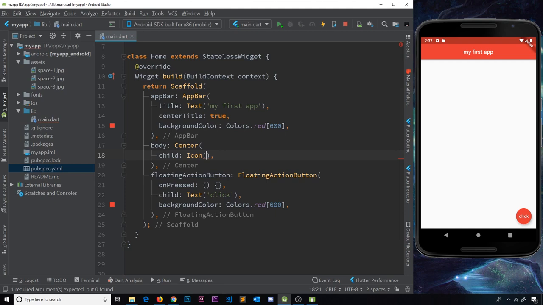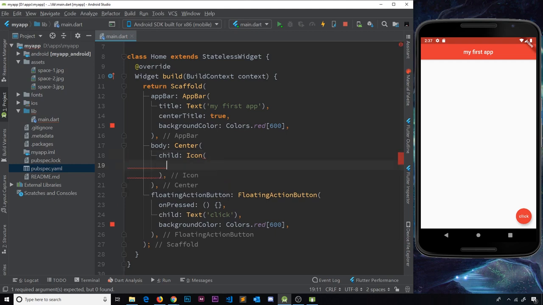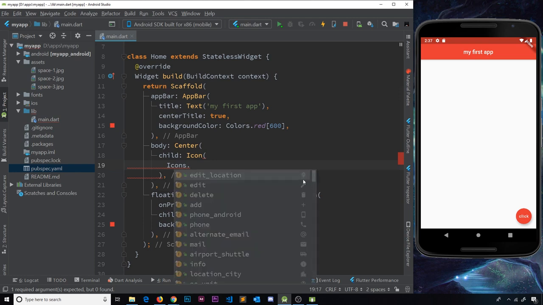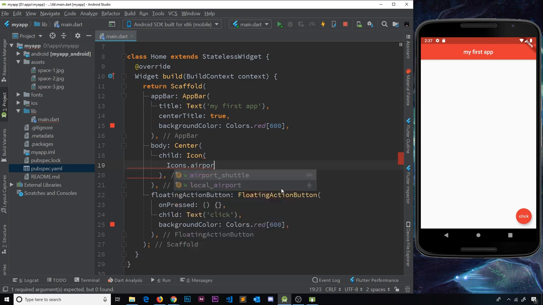Dead simple. So let's open this up, and the first item inside this icon widget is going to be what icon we actually want to use. Now we can use any icon from the material design library, and to access those and to see them we say icons and then dots, and then we can see all of the different icons available to us right here, the name of them and a sneak preview of how they look as well. The one I'm going to use is called airport_shuttle, which is like a little bus. So that's all I need to do. That's the first parameter, and if I save this now, then you should see that little icon right there in